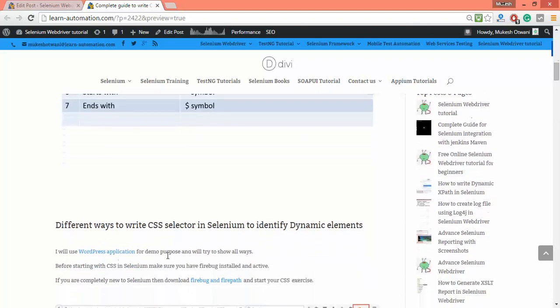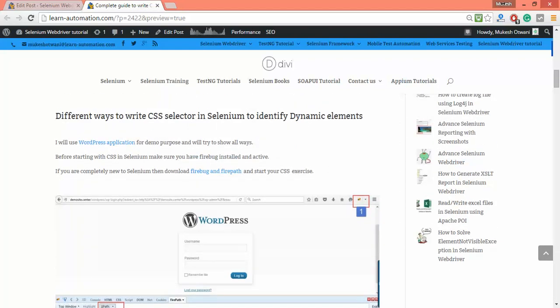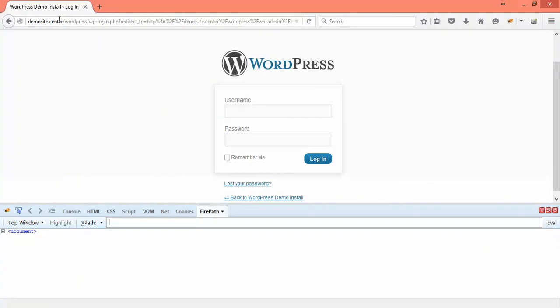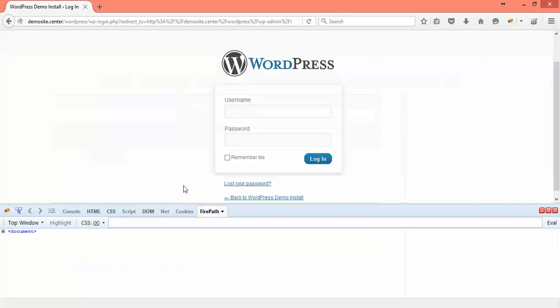So let's go through one by one. I will take this dummy application, that is your WordPress application. I already started my Firefox, which has Firebug and FirePath enabled. By default, when you launch this, you will get XPath here, so you can select CSS from here. Now go to the next part and let's start with this. So let's say